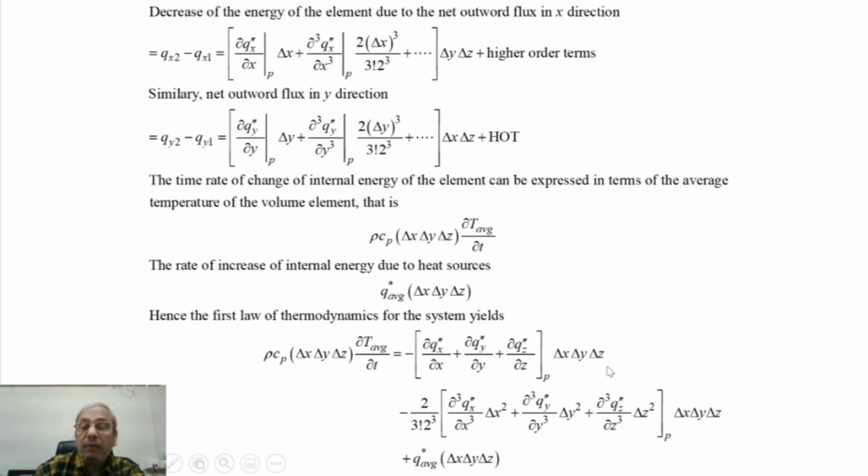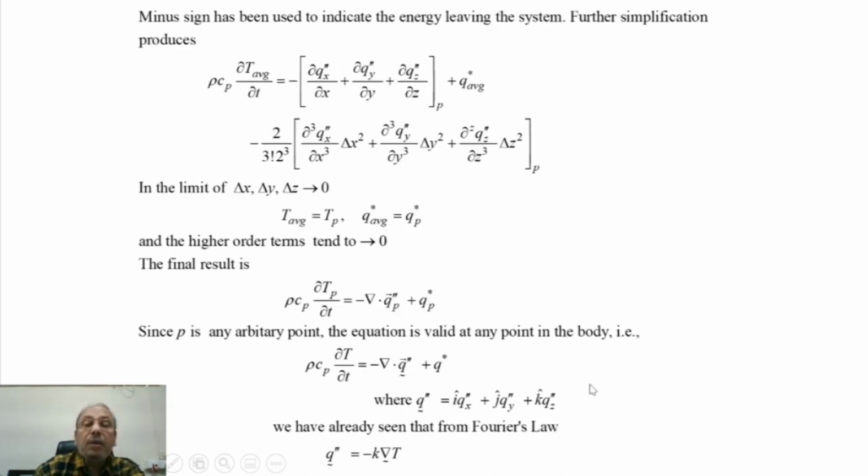Everywhere the volume is given by this quantity delta x, delta y, delta z, and we can cancel that out, and we can write rho Cp del T average del time equal to minus gradient of fluxes in respective directions